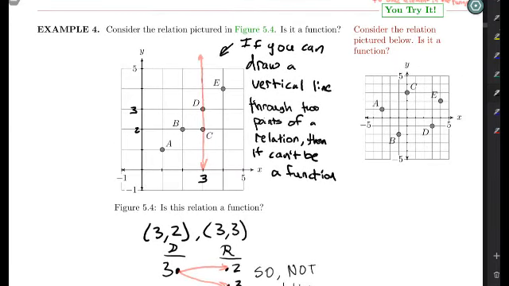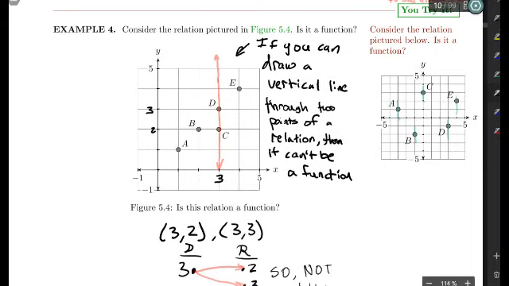How about our you try it over here? Well, notice that vertical line through A goes through 1 point. Vertical line through B, 1 point. Vertical line through C, 1 point. Vertical line through D, 1 point. Vertical line through E, 1 point. The mapping diagram would be